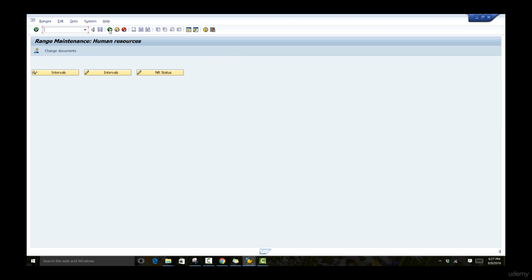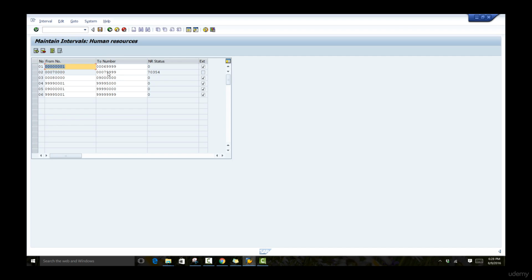So let's come back. And in the previous section, you saw there was no way of editing or changing the information that is already there. Here we're going to be coming down to the intervals, and inside the intervals you can see now the intervals were previously grayed out, and now all of these are white, meaning we can edit these. So let's just look at a couple of these. We're just going to delete this first one and then just recreate it. So you can delete it this way. Hit save,